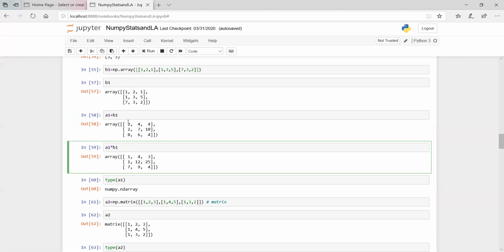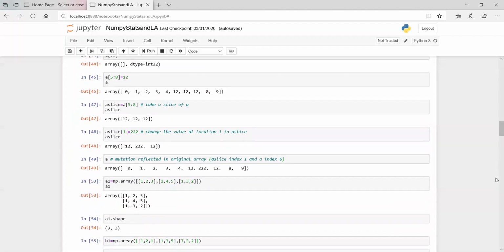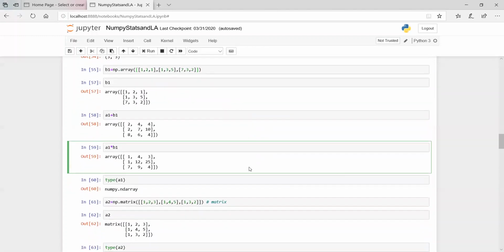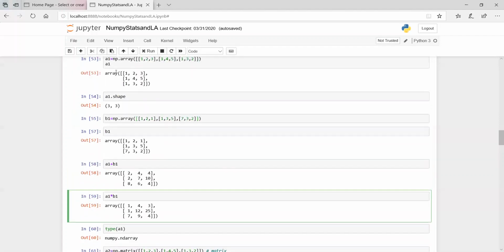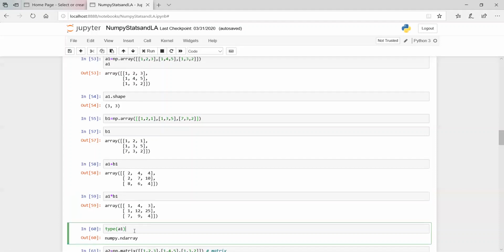But if you look at the result obtained from multiplying A1 and B1, you will find that the values which have been processed here are simply the multiplication of A1 to A1, B1 to B1, and so on. So you don't see actual matrix multiplication being performed here, but one-to-one element multiplication has been performed.